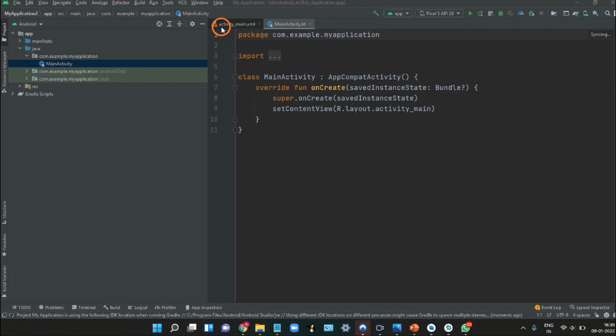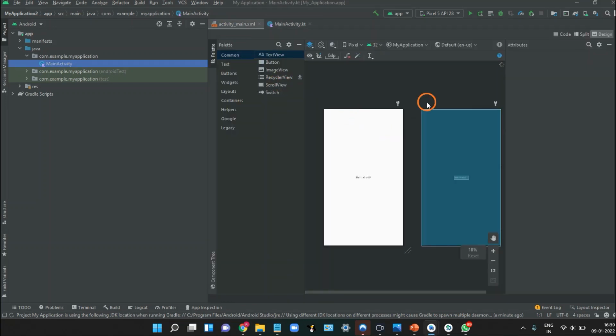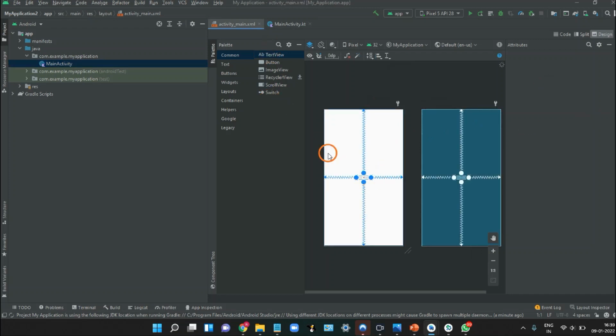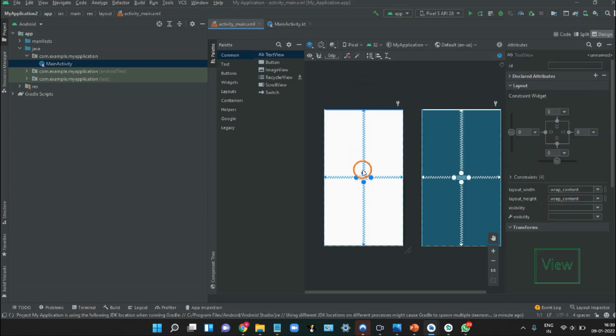So first of all, click on this activity underscore main. Here you will get a device. By default there is a text view on our device. So let's align this. In order to align elements on your device, you have to connect these zigzag lines with the end.